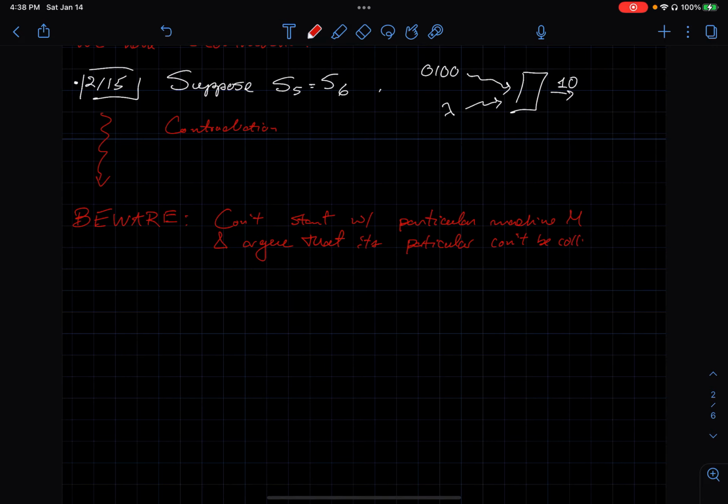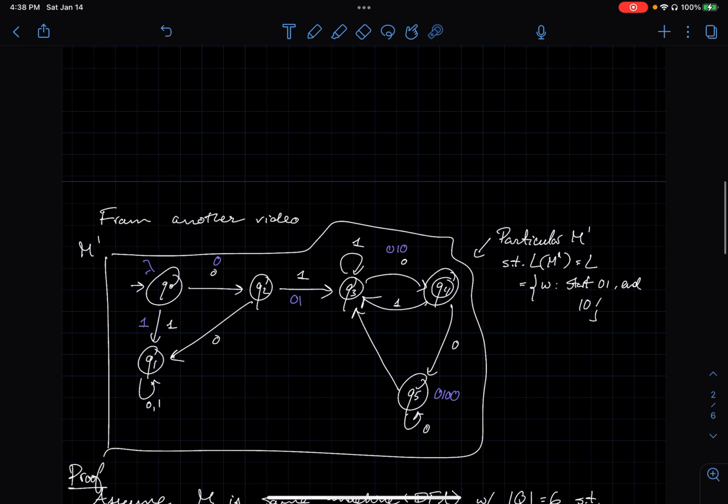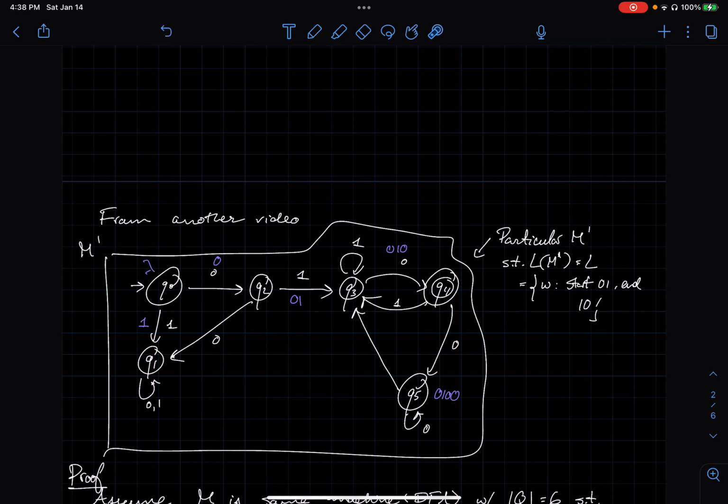So what I'm saying here is you can't say, well, take this machine, and now suppose I took this and I collapse it with this, then I get a contradiction. You can't do that because you're not applying this argument on an arbitrary machine M with 6 states. Okay. The other way you